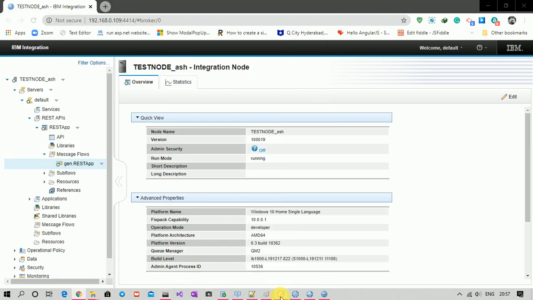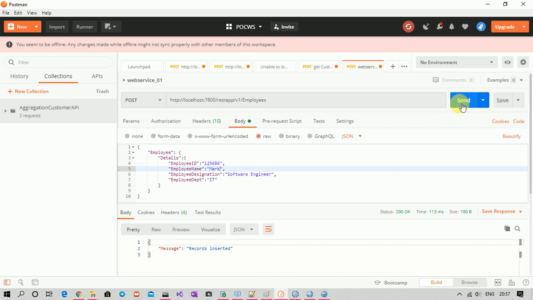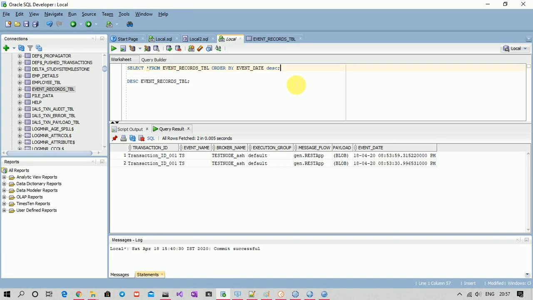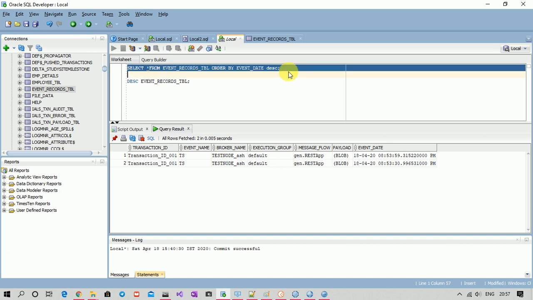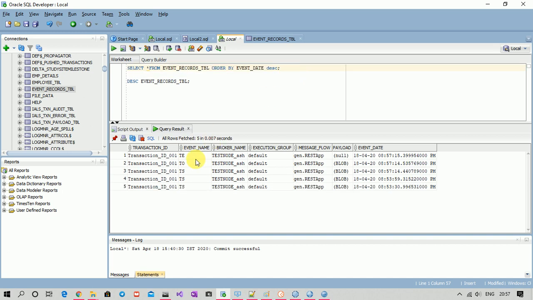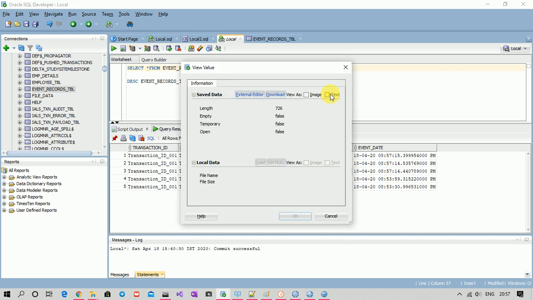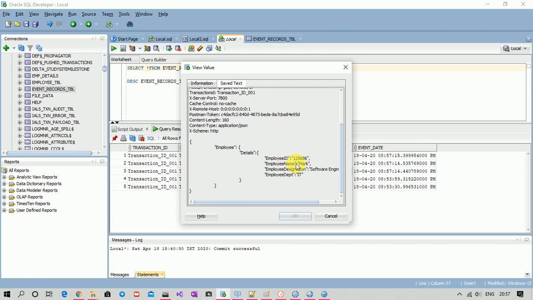Let me hit this. Let's browse the database. See, my transaction start event. Here we can see the payload, which will be my input. Okay, this is my input, my payload. I can see it.